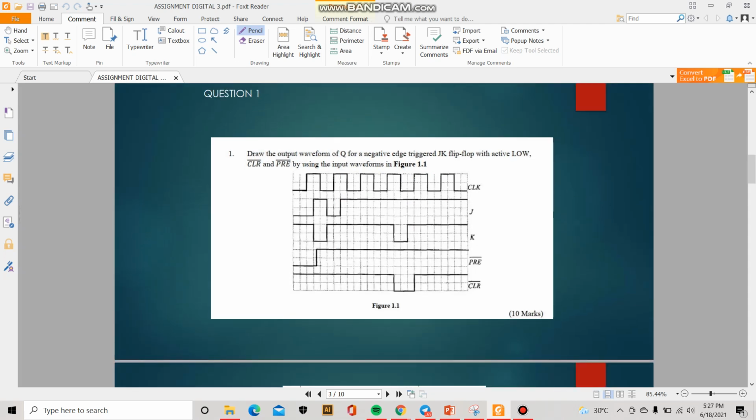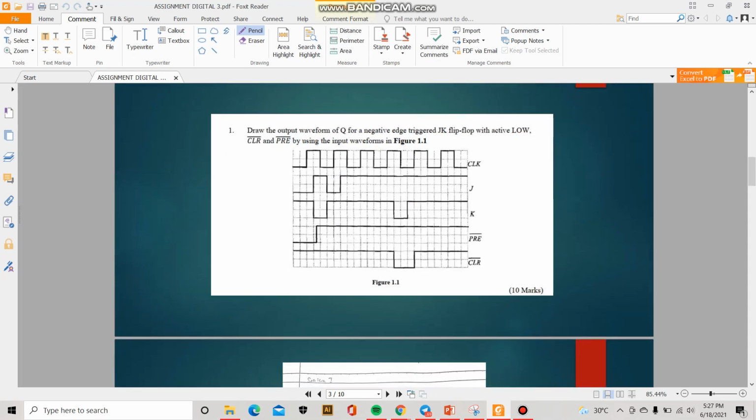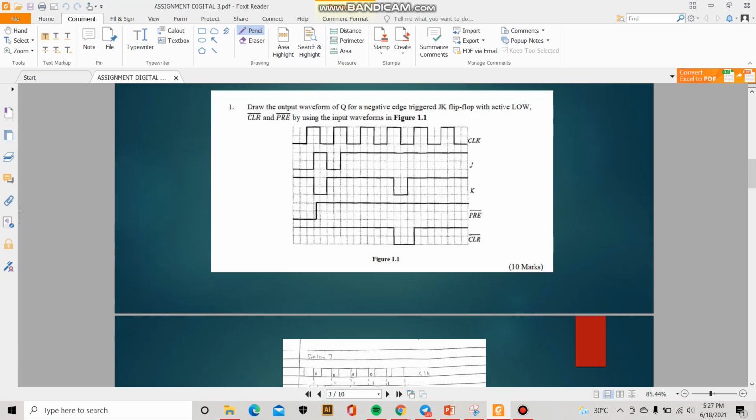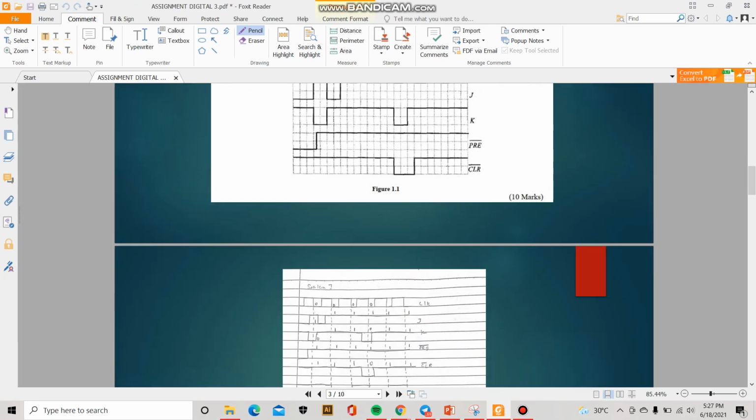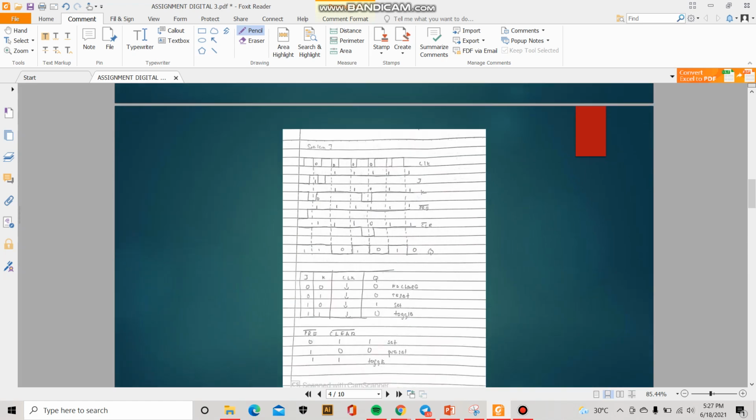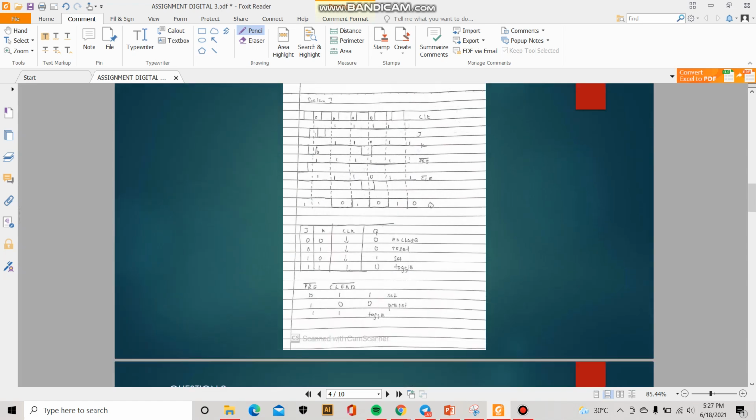Okay, for the first question, the question is: draw the output waveform of Q for a negative-edge triggered JK flip-flop with active low clear and preset, by using the input waveform in figure 1.1. So when it says active low, we have to use the preset and clear first, because when preset and clear are 1, we can refer to the JK. If not, we just refer to the